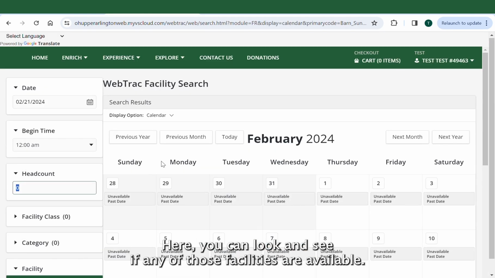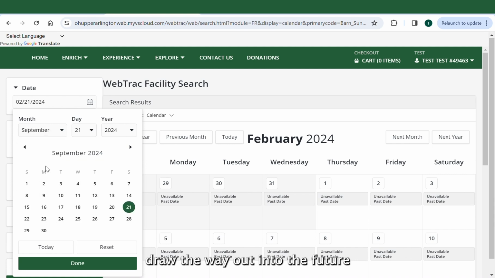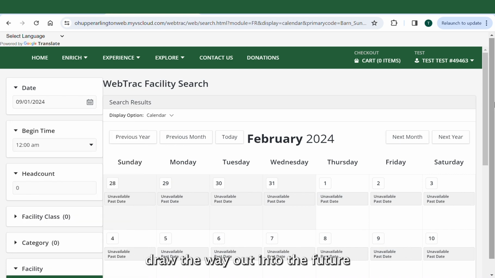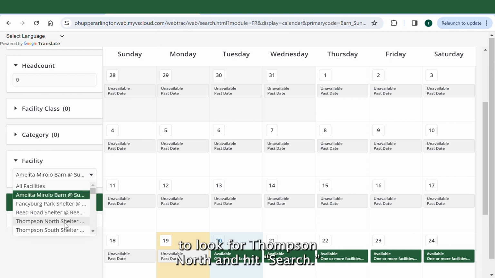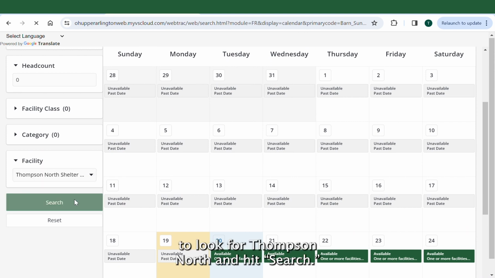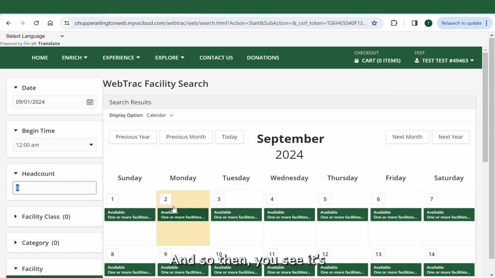here you can look and see if any of those facilities are available. And we are going to just scooch all the way out into the future. And we're going to look for Thompson North and hit search. And so then you see it's green on that day. It says available one or more facilities. So if I select that